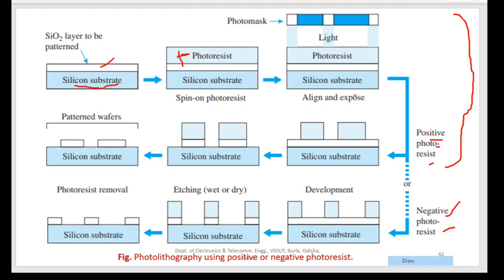Okay, then what happens is that we have a mask. A mask is nothing but a sheet, a glass sheet that will have some transparent areas and some opaque areas. So this is the transparent area, this is the opaque area. And how are these transparent and opaque areas defined? They are defined by the shapes that we want to transfer on the top of the silicon substrate. So suppose I want to transfer this kind of shape, this one I want to transfer, and this area I want to transfer, right?